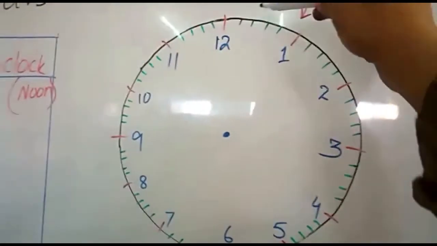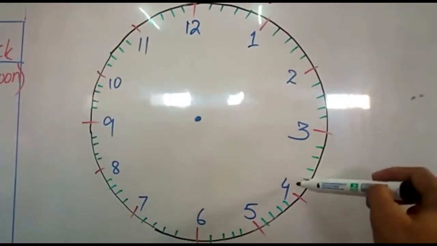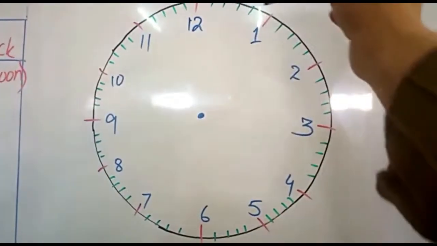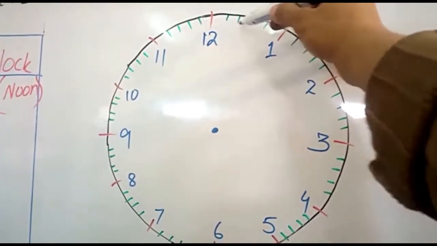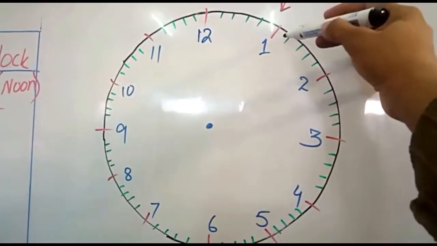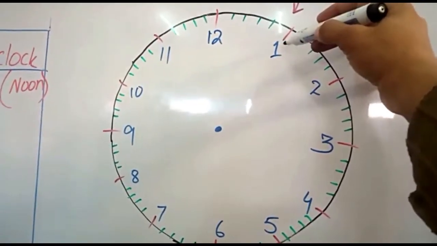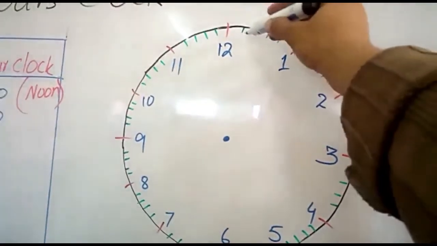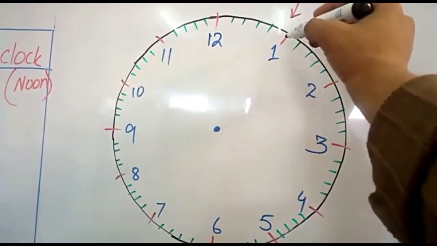In a clock we have 12 hours, and I will tell you how to measure the time. Just keep in your mind, in a clock we have 1, 2, 3, 4, 5, 6, 7, 8, 9, 10, 11, 12 hours, and at every hour we have the divisions, 1, 2, 3, 4, 5 divisions. In a clock we have divisions between every hour. Suppose if we are having 1 here, then it means here we are having 5 minutes or 5 seconds.